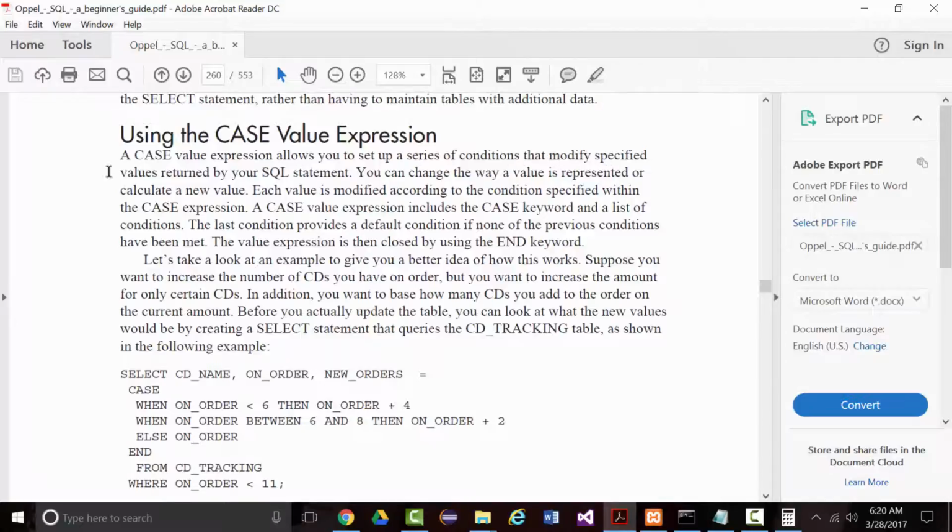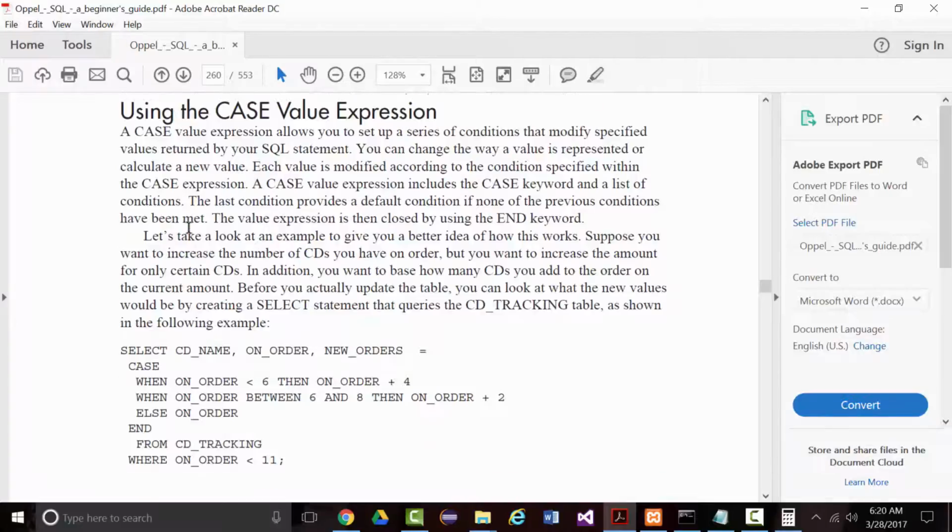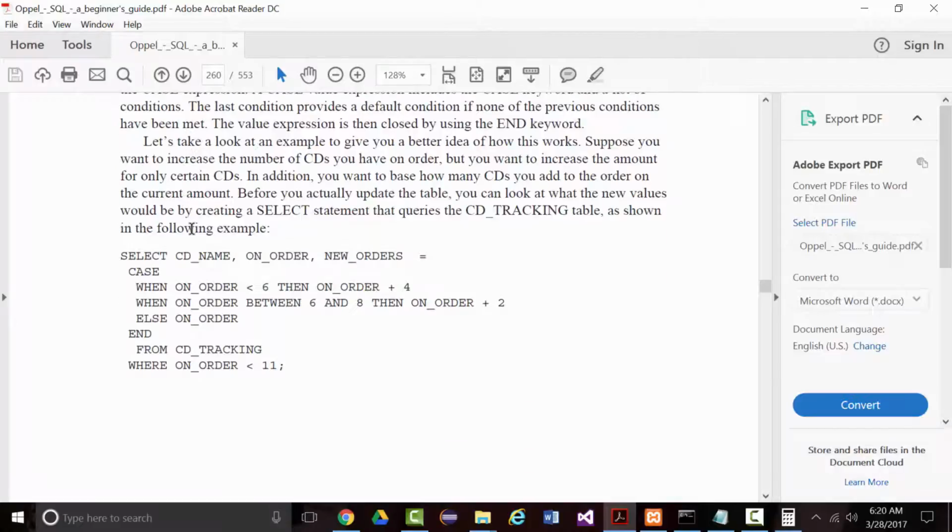So it says here, a case value expression allows you to set up a series of conditions that modify specified values returned by your SQL statement. You can change the way a value is represented or calculate a new value. Each value is modified according to some condition which you specify within the case. The case is a keyword, and it's followed by a list of conditions. So if we look at the example that's right here on the bottom of page 241,